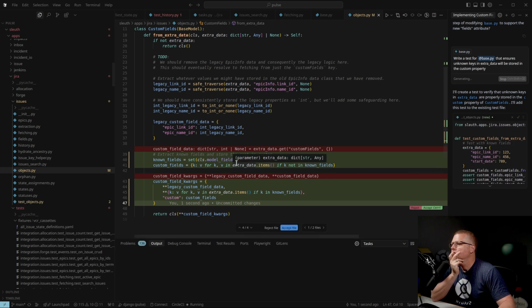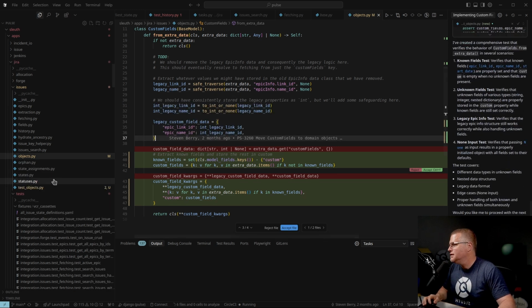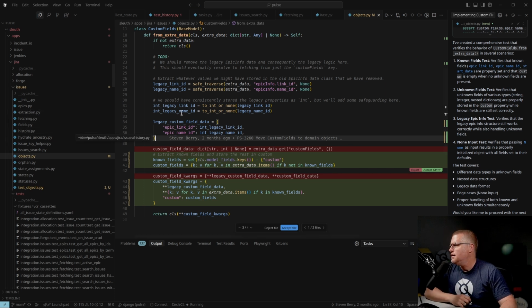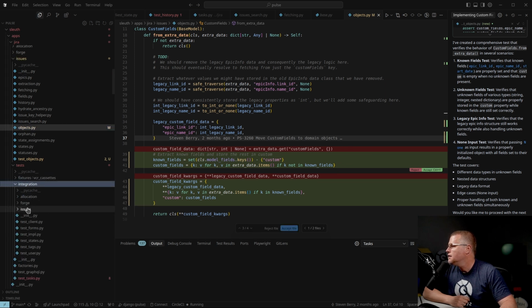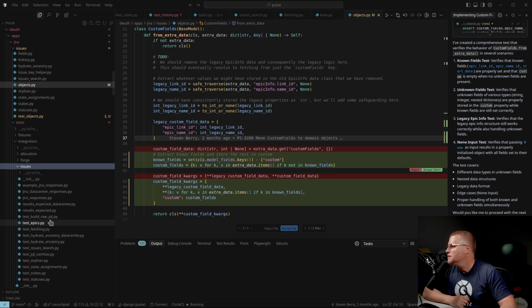Okay, so it's going to modify. You know what? I forgot to tell it what test file to modify. Yeah, and that's what I was afraid of. It decided to just put it there, even though in my tests, I tell it, don't freaking do that. Do I already have a test file? No, but let's say